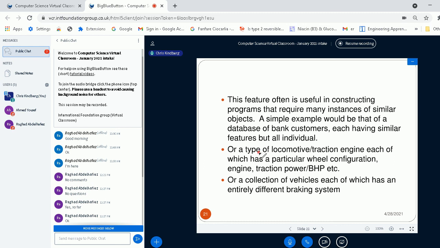And the single parent class is actually going to have all of the data variables I need to represent a specific locomotive. Or I might want to model a collection of vehicles, each of which has an entirely different braking system. All right. That sort of reminds me of what we were talking about first thing today.